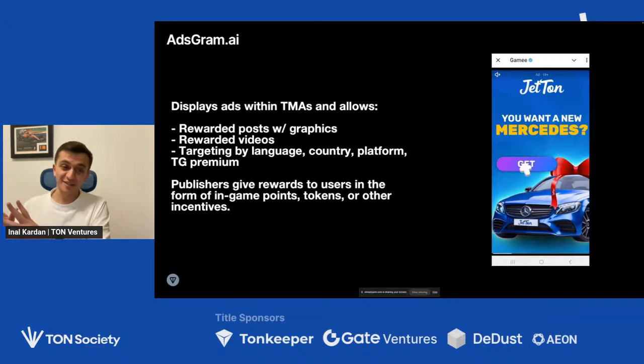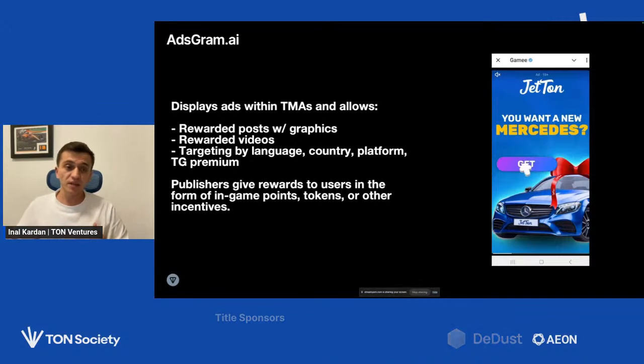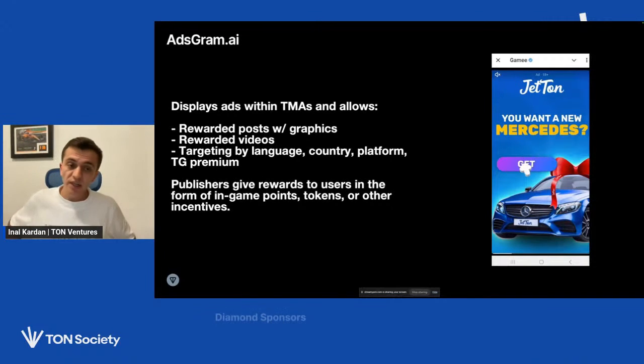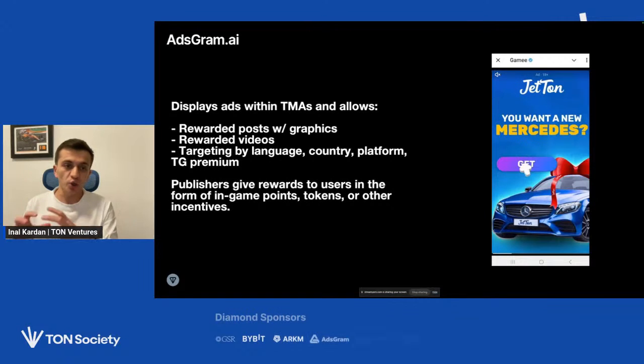But this is about monetization. For acquisition, some publishers will do this for their users, and they will see your ads, and users will get rewards for watching these ads. Because of it, sometimes conversion is better, sometimes conversion is worse. But what is important here, again, is that the video that you are going to show is one of the most important.